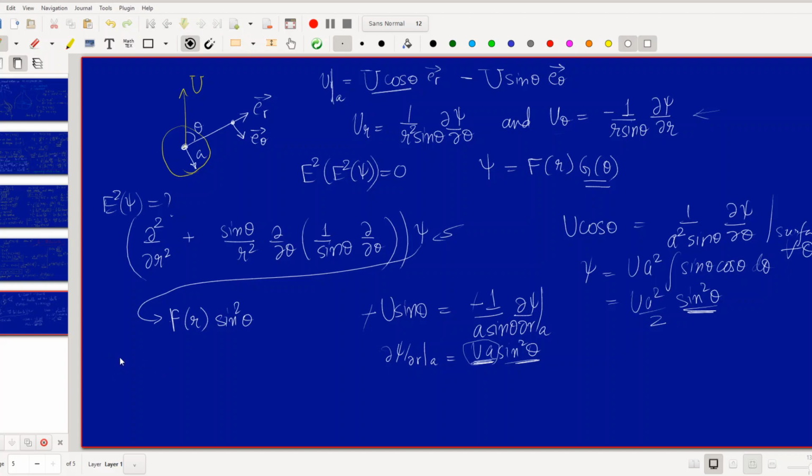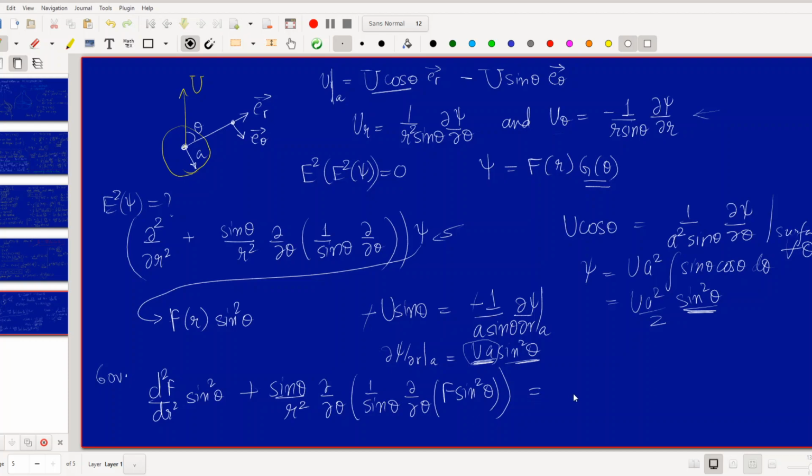So if we substitute this, what is the Gurney equation? d2F/dr2 times sin square theta plus sin theta upon r square del theta of 1 upon sin theta del theta of capital F times sin square theta, and this becomes sin square theta times d2F/dr2 plus,